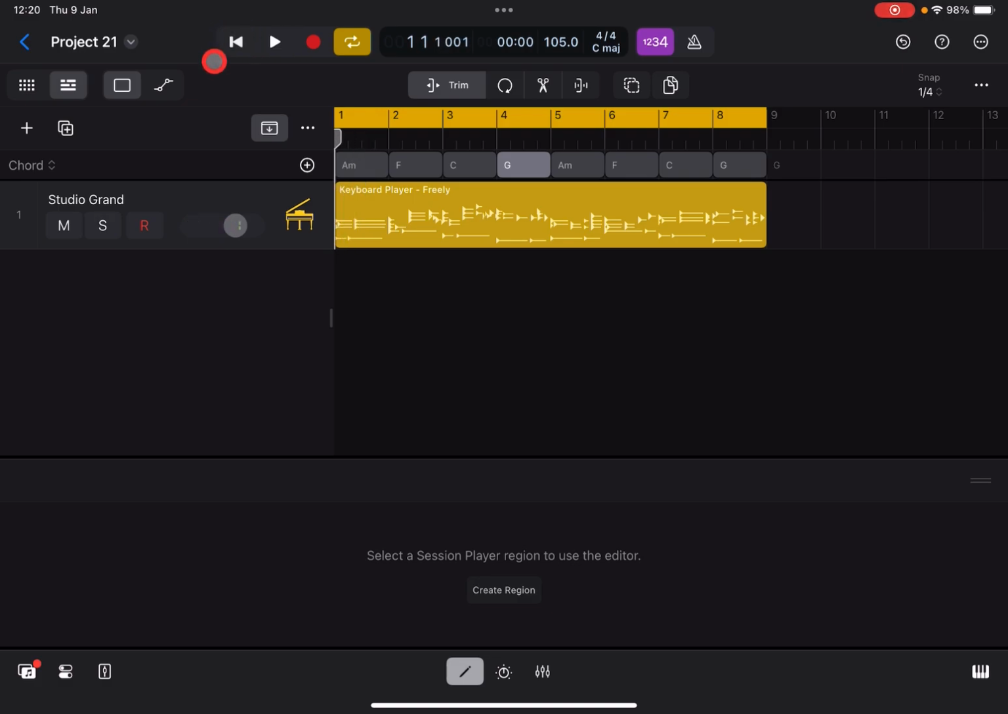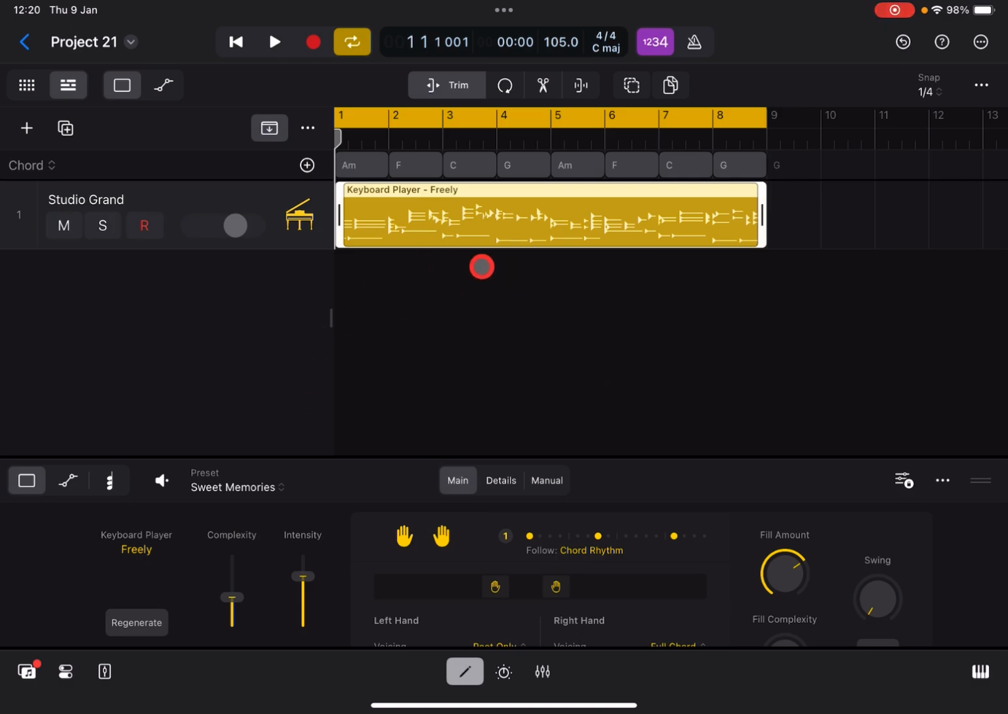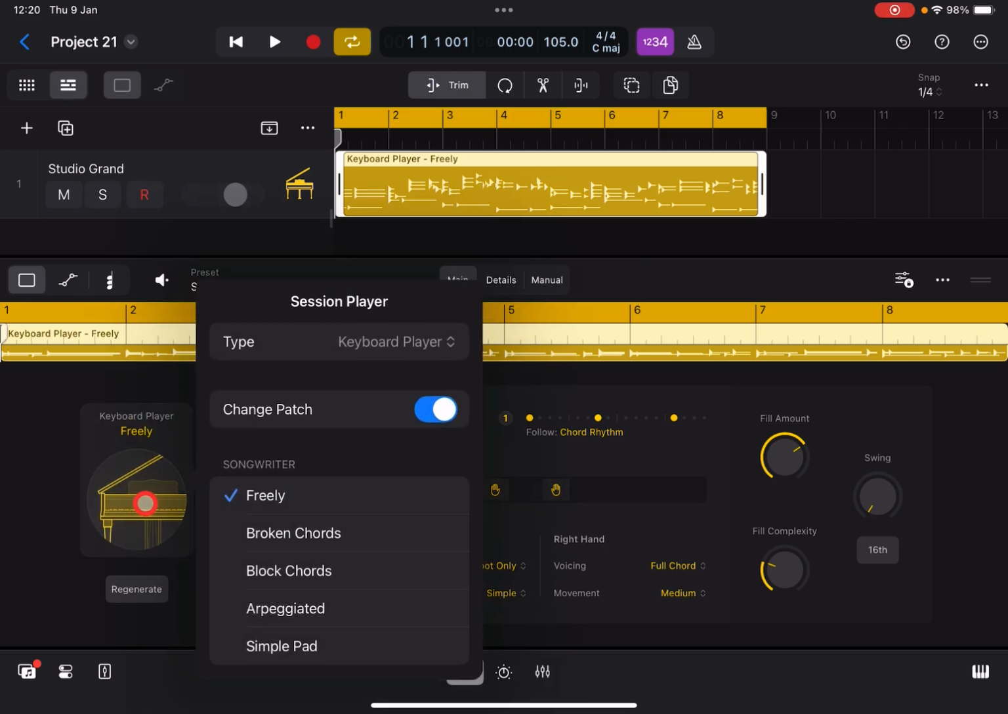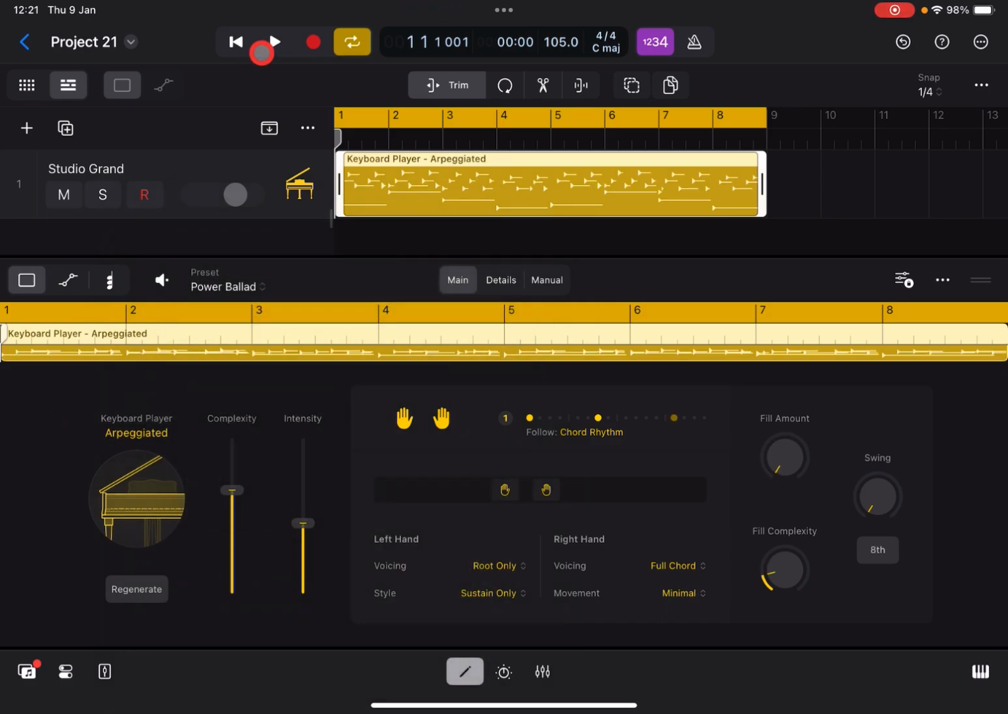Right, okay, so first of all, we want to be actually looking at the session player region. And I'm going to change the instrument. Now, a couple of ways we can do this. We can just tap on here, switch off change patch, but I'm going to go to where it says arpeggiated. Okay, now we'll get this arpeggiated pattern,